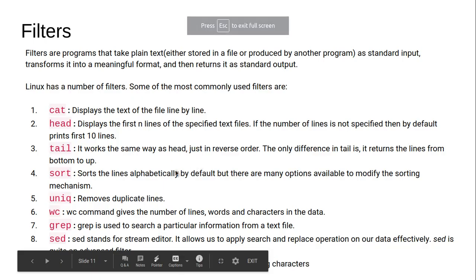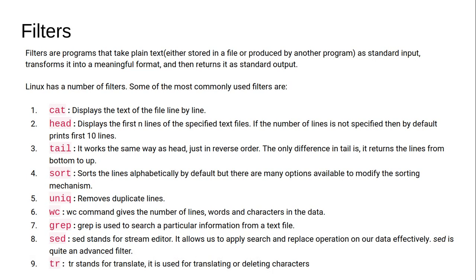Okay, so looks like there are no doubts, and we will proceed further now. Let us see some more commands which are used as filters, and which are used very widely when you are inspecting files and folders on Linux operating systems. Filters transform the output of a command and present it in a very meaningful format on your standard out.